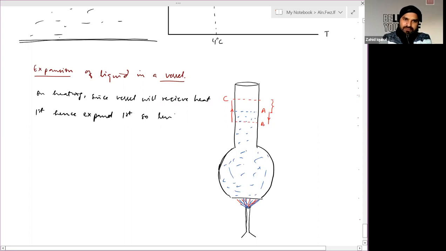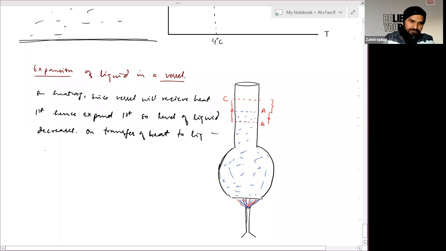So level of liquid decreases. On transfer of heat to liquid, liquid will expand, and hence